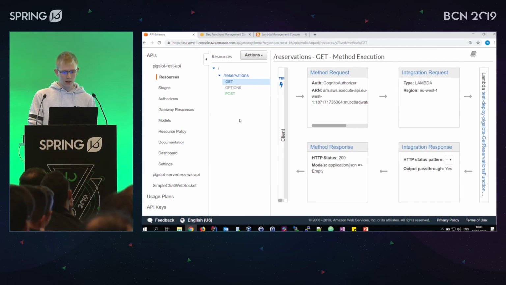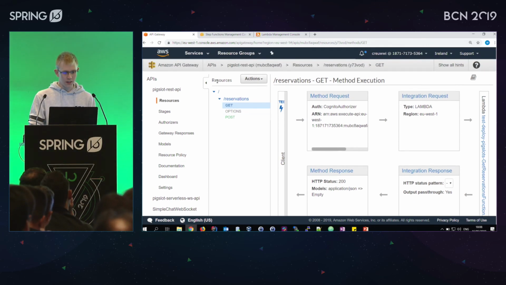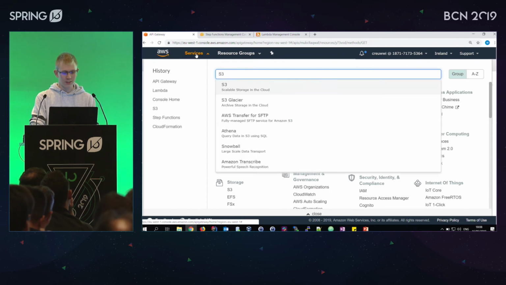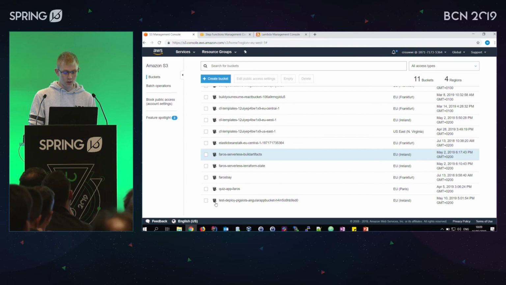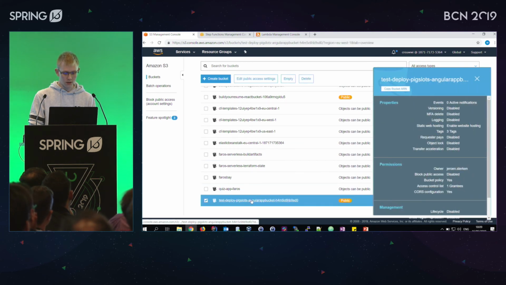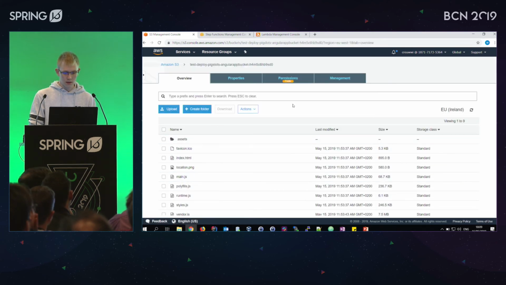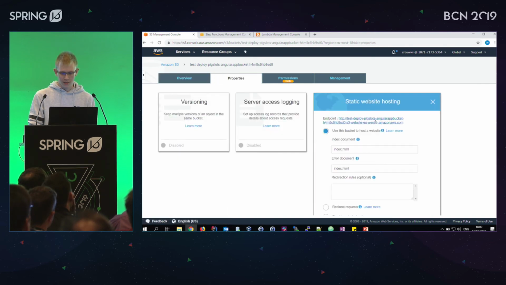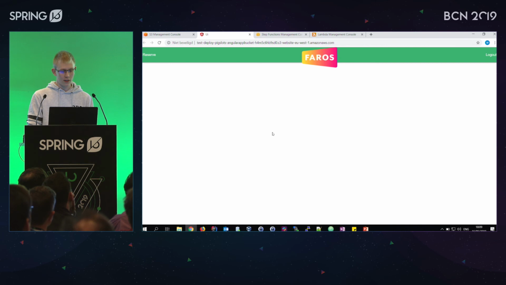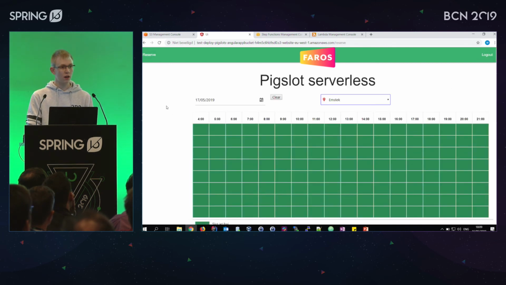And then finally, I actually forgot to open this, so you're going to see some more internals here. We have our actual front-end application, which is hosted in a simple bucket on S3. If I go into properties over here, and then reserve, we have our ready-made application right here.